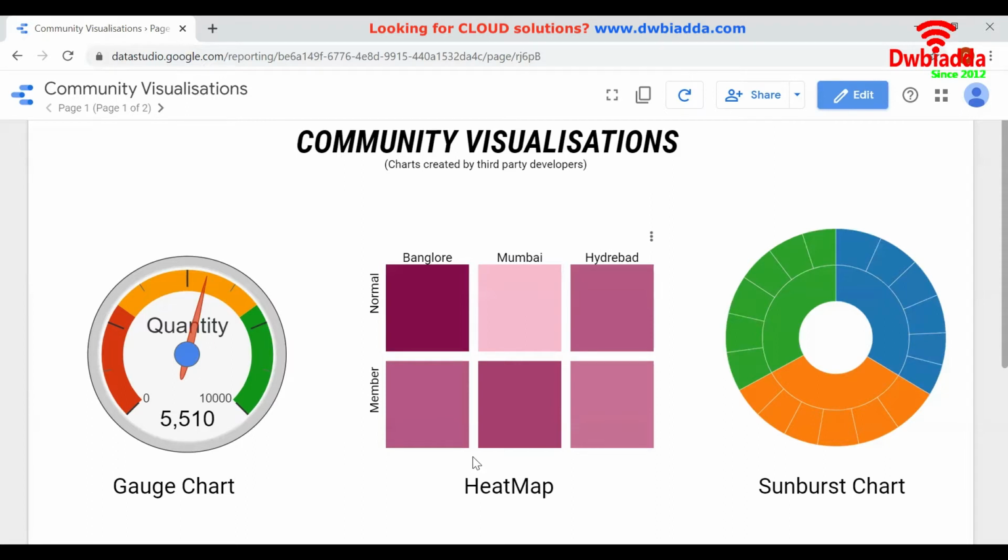Let us see what heat map represents. Heat map uses colors to represent the values. We can say that color coding is used to represent values. As the intensity of the color increases or decreases, the data value also increases or decreases accordingly. In this example, we can see that the darkest color represents the maximum value. Here we can see that 173 is the maximum value. As the color decreases, this is the second darkest color, it is 169,